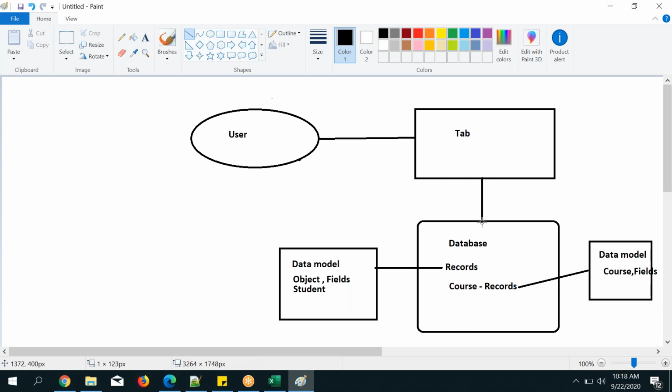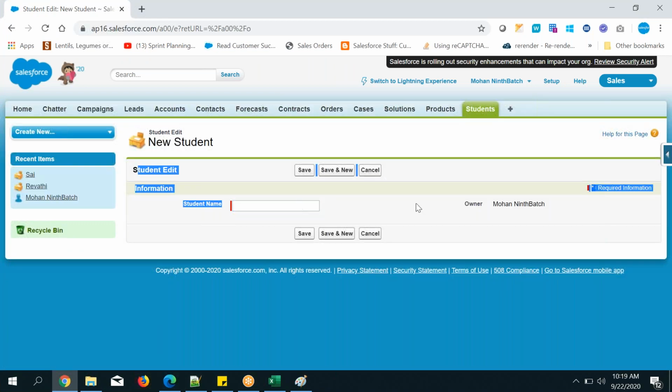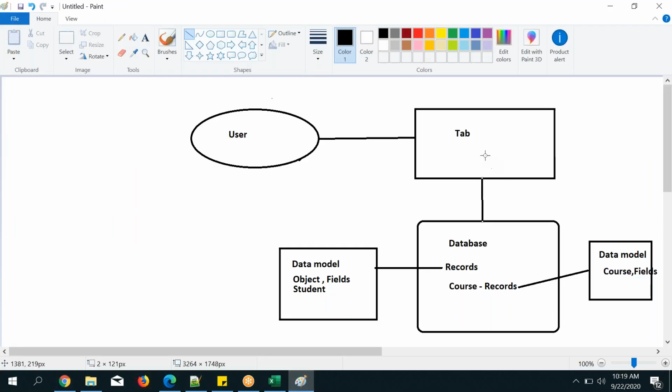So from the tab only, once you click on the tab, automatically virtual screens will be displayed. That is called pages. These pages will be displayed to create the records. This is the VF page or whatever it may be. If you save it, the data will be moved from the tab, through that page, to the database. This is what pages are, guys.